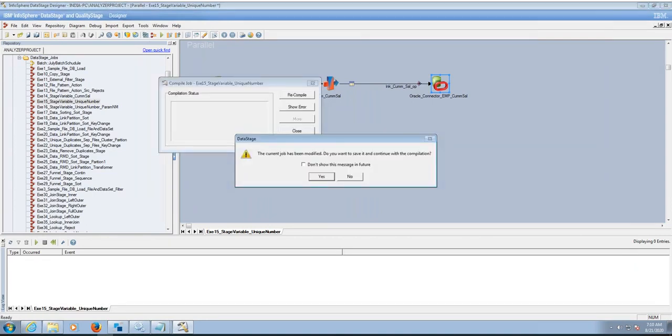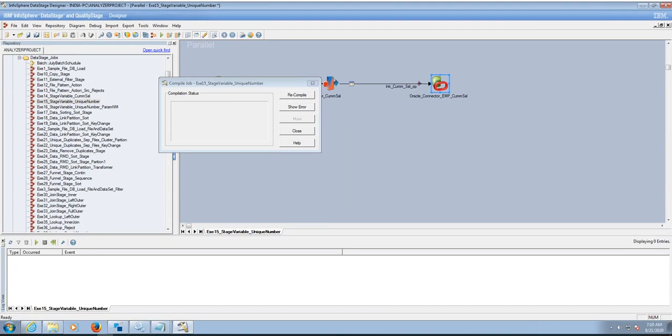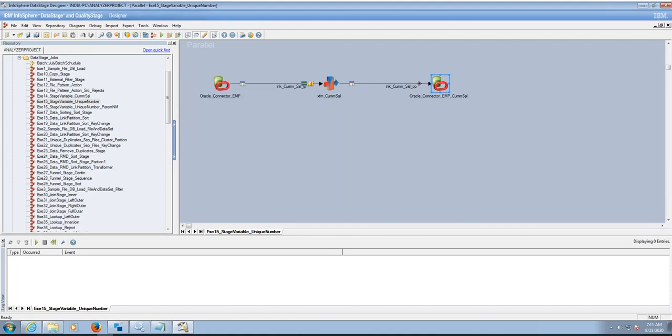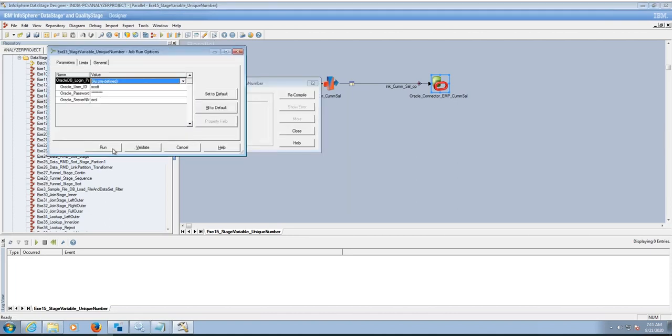Save the job, compile the job, and run the job. Let's run the job. Click on run.